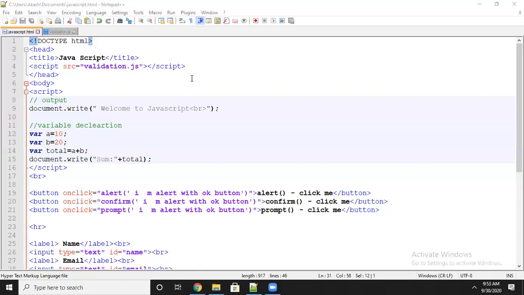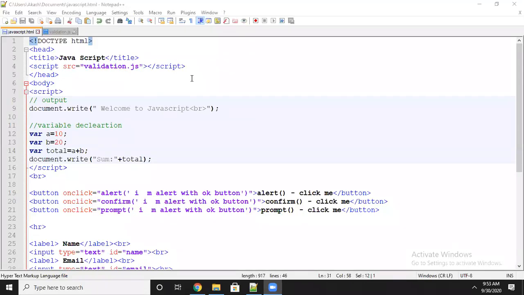Okay, once again, the difference between client side and server side validation. Client side means you have to do the validation with the help of JavaScript or jQuery, because both JavaScript and jQuery are client side programming languages. If you want to do server side validation, you have to use PHP or .NET or J2EE or any other server side programming language.